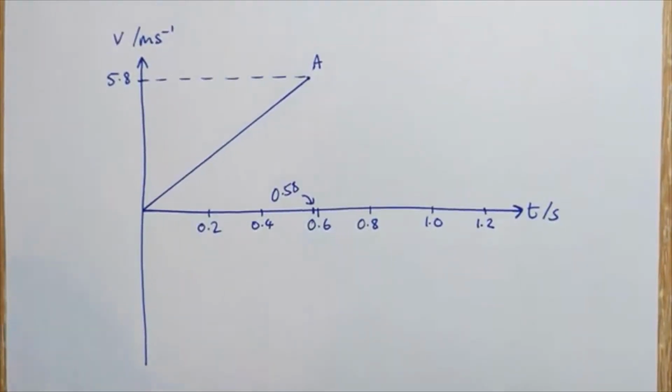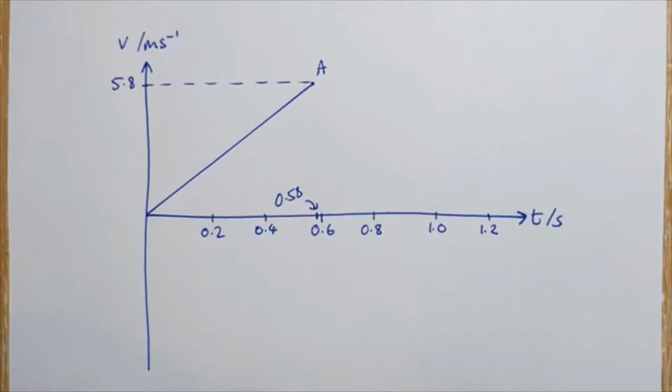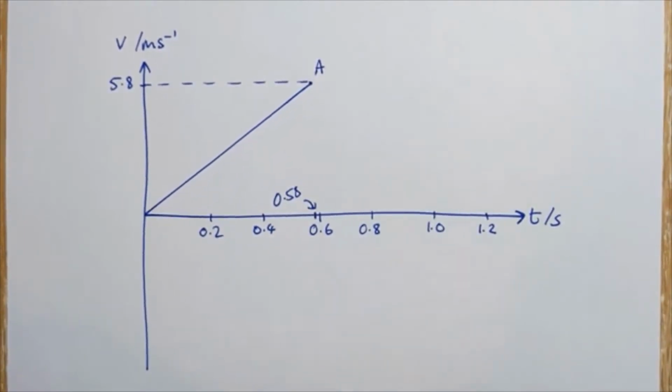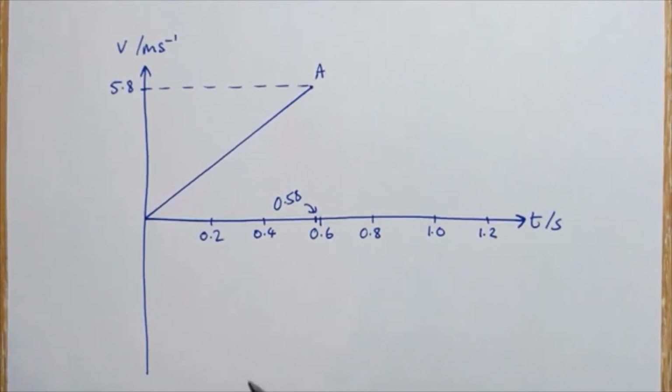Okay, time for a great big practice question, pulling together several things about velocity time graphs. So this one, my printer's broken, but if you download the PDF, you can get the proper exam question, which you really need for this one because you do have to do calculations and you have to actually draw the graph. Okay, so it says the following figure shows the velocity v of a ball against the time t